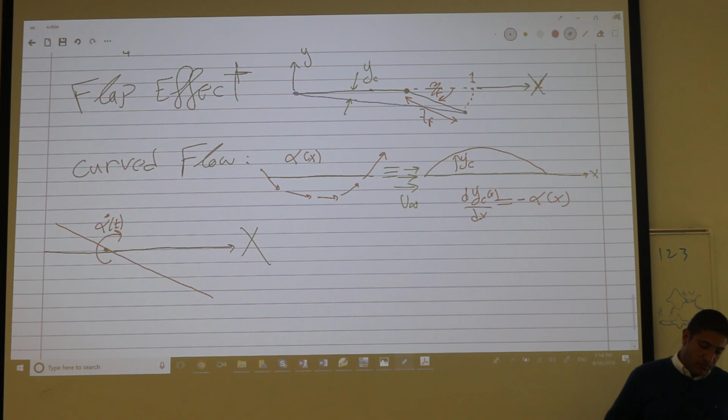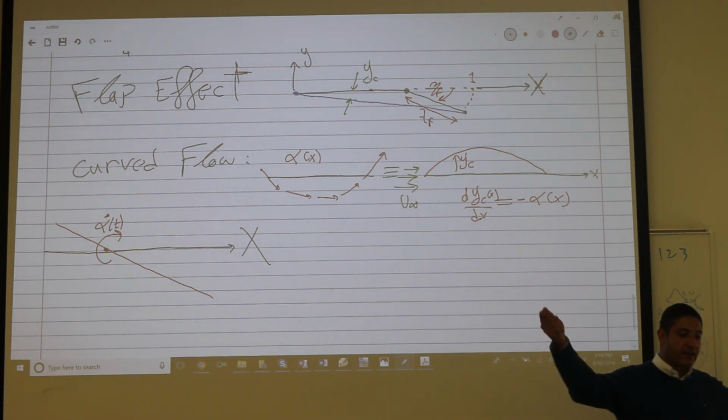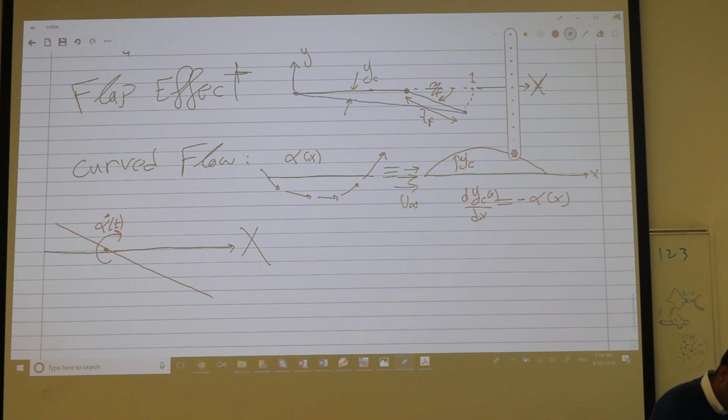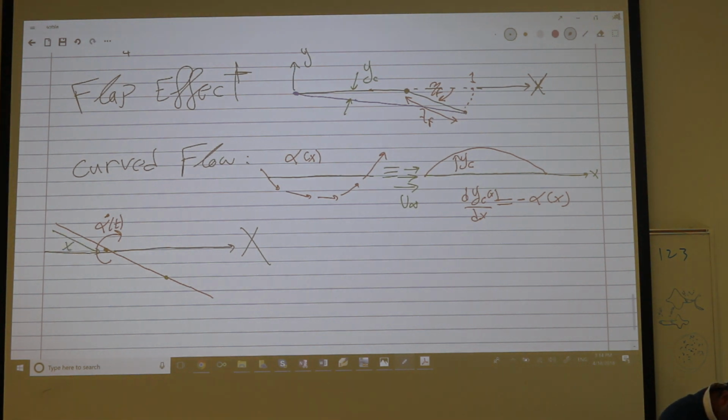Okay, so how does this pitching affect? Let's see. First of all, how does this lead to a varying angle of attack over the chord? Well, because, can you tell me, if this is x naught, large x naught or whatever, or small x naught, if this is the hinge, and this is a point at a distance x,